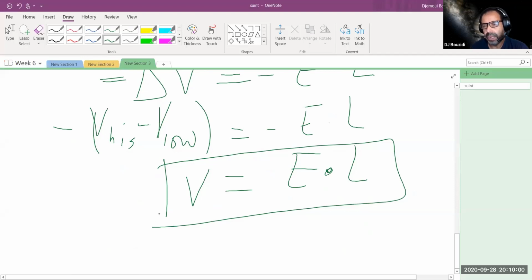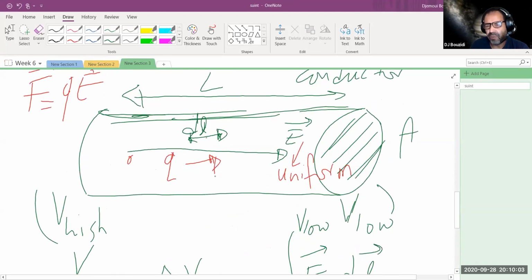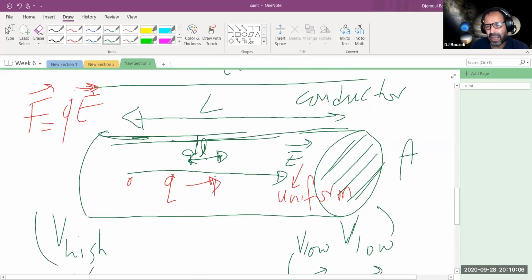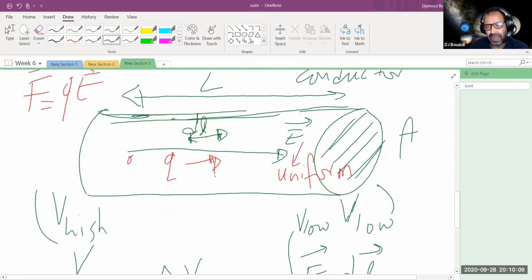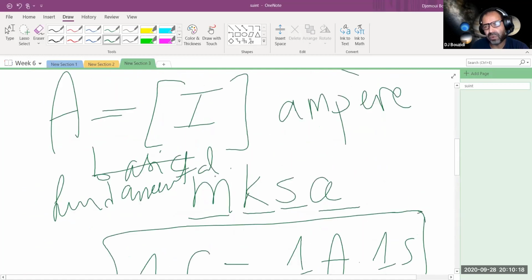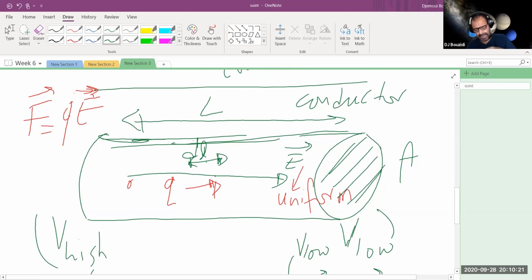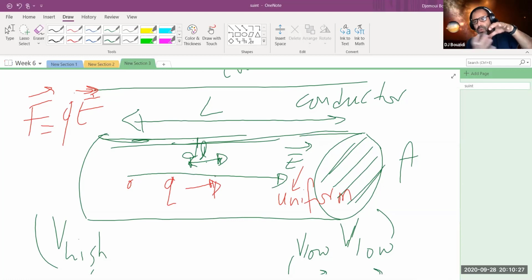Now, Mr. Ohm, as I said, theorized the following, that what this electric field will do is going to create a current. So he was interested in the value of that current, how much current is going to flow through that. Before doing that, you note that if I have a big cross section, I will probably have bigger current because more charges will have room to run through, okay? If I have a narrower ending, I will have less current because then the same charges cannot squeeze as much. So the area matters. So we have to